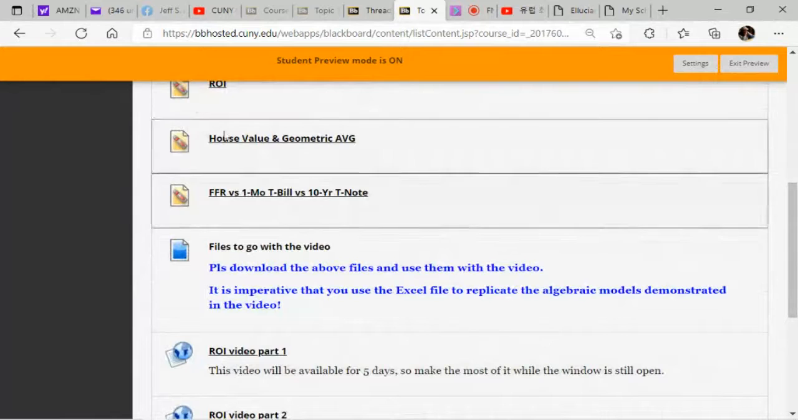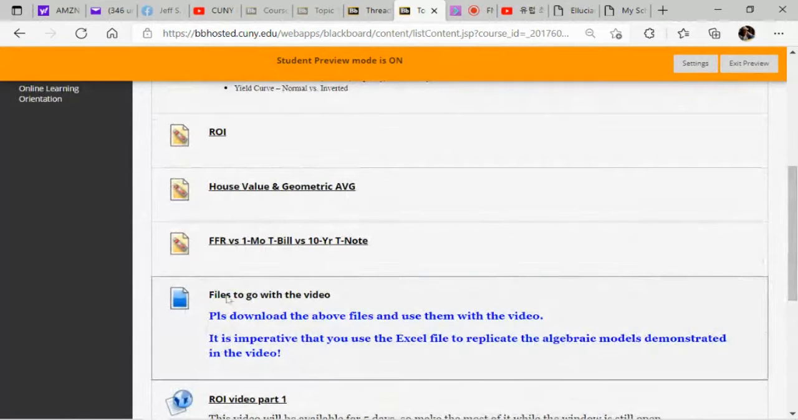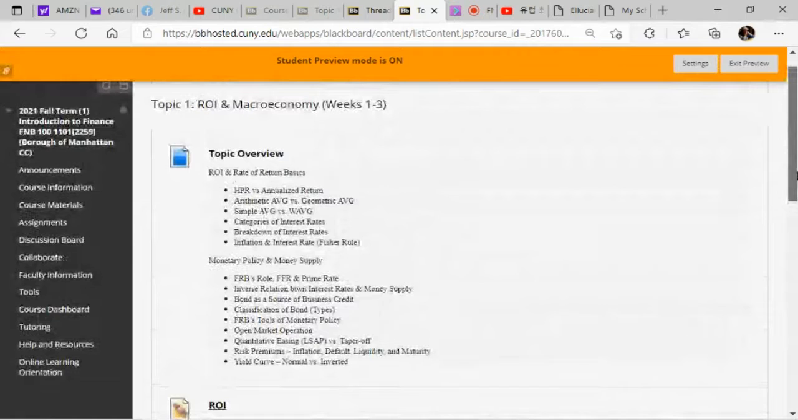And you must download these files. It says, please download the above files and use them with the videos. You've got to download them, and you have to have them with you, open in front of you as you watch the video, so you can mimic, emulate and replicate what is being demonstrated in the video. Okay, so